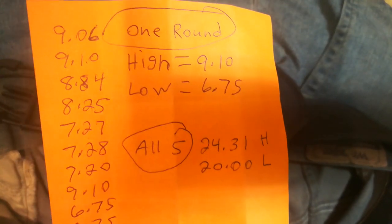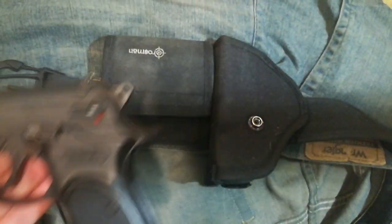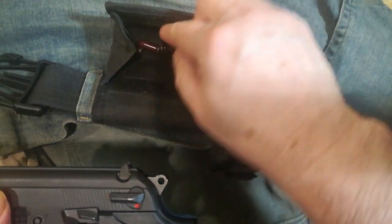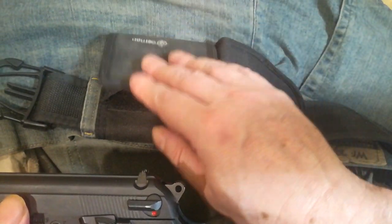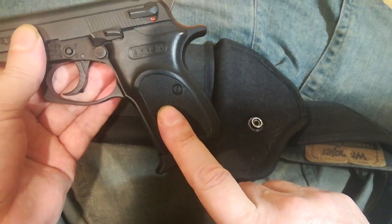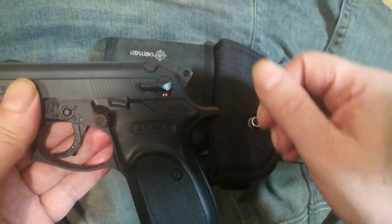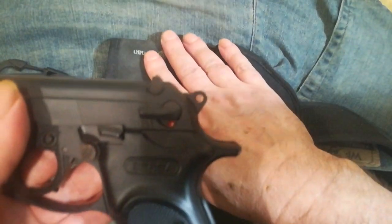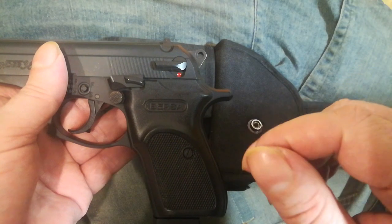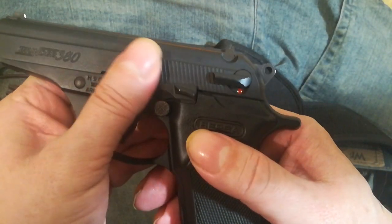So let's say something should happen where you have a Burst of Thunder and you have 2 7-round magazines plus this right here. So that's 21, what is that, 22 rounds? But in addition, you have loose ammo, say like in your pocket or a pouch like this. A pouch like this, I might carry 30 extra 380 ACP in here, plus 3 magazines of 7, which is 21, and then 22, one in the chamber. So if I had 30 here, and I've got 21, 22, that's 30, 40, 52. Yeah, about 52 rounds of 380 ACP,